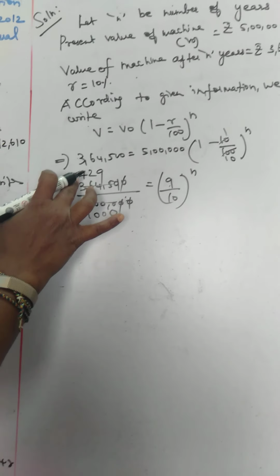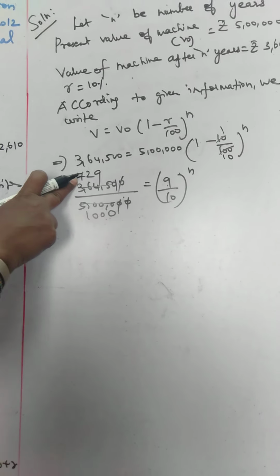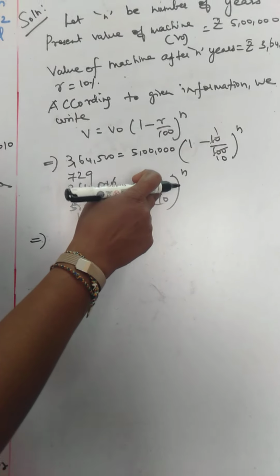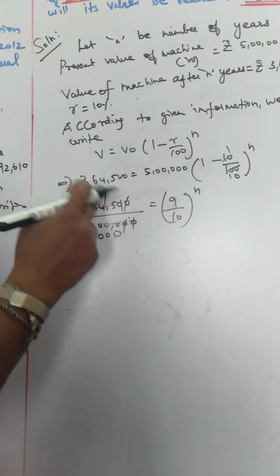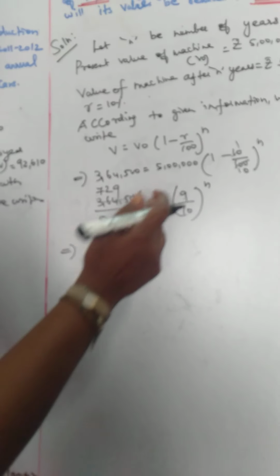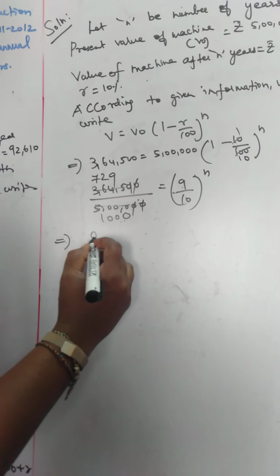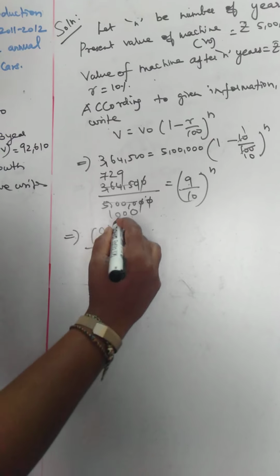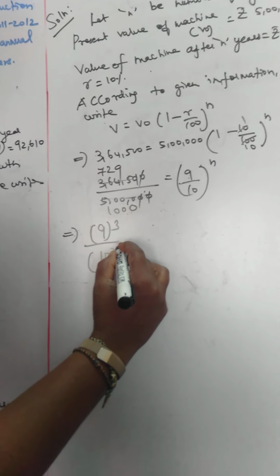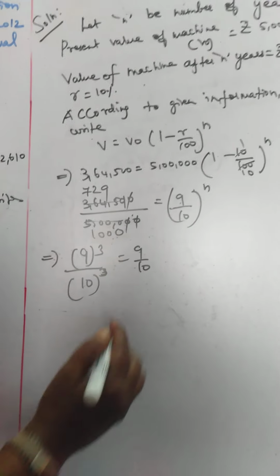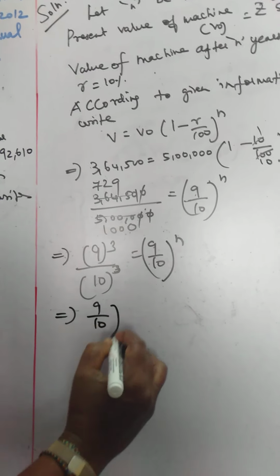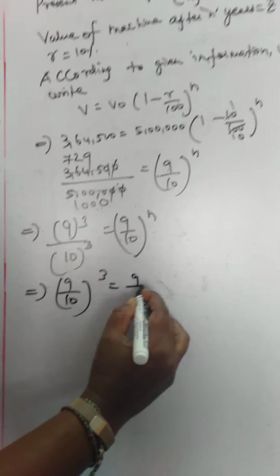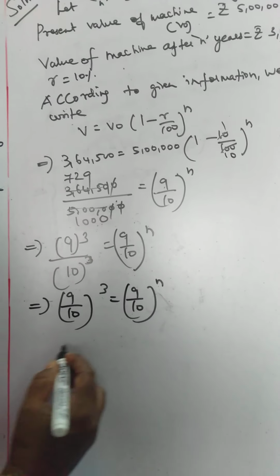You want to check whether this is a ninth power, any ninth power value you want to check, because the numerator here is 9. You want to check this numerator and denominator. That is the hint for this question. It is the ninth power of 3, okay, and this is the 10th power of 3, right? So if we write 9 by 10 the whole power n, which implies 9 by 10 the whole power 3 equals 9 by 10 the whole power n, right?